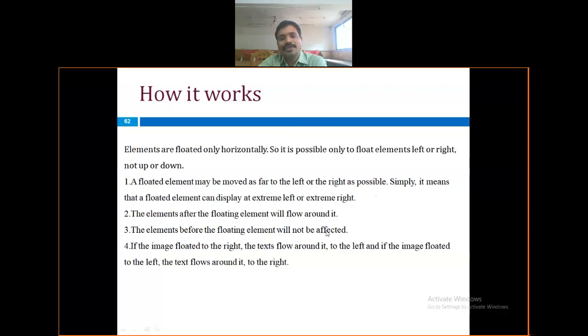An element before a floating element will not be affected. If the image floats to the right, the text flows around it on the left; if the image floats to the left, the text flows around it on the right. If you want to display the image on a particular side, you can set the properties on the basis of layout, and that is a float layout.